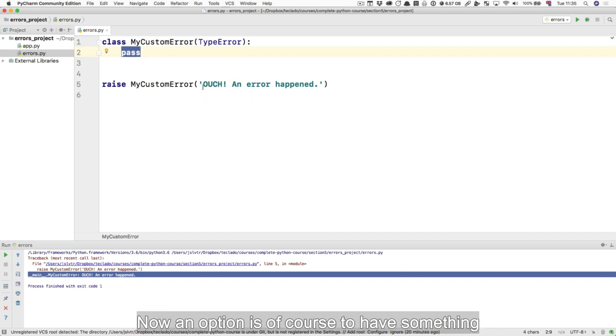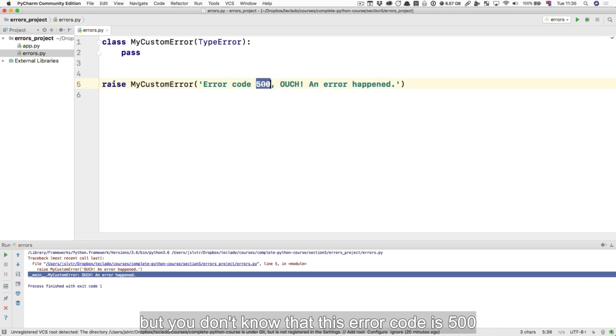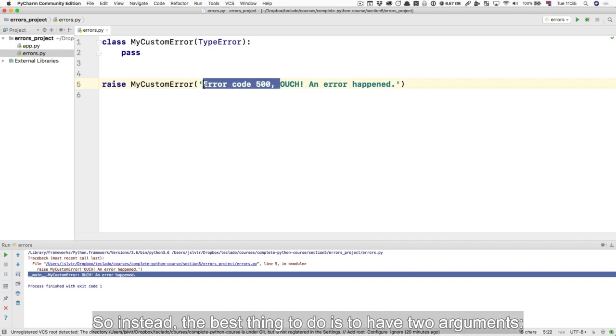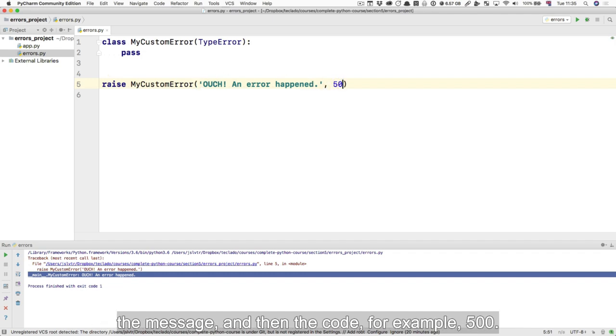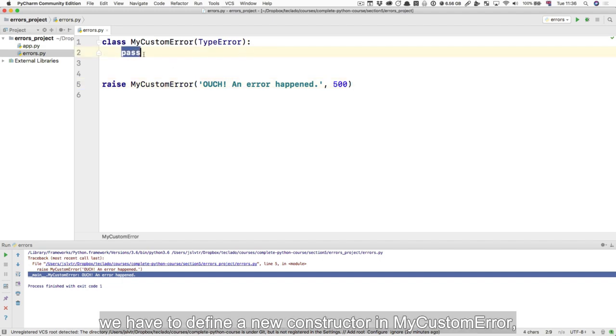Now, an option is, of course, to have something like "error code 500. Ouch, an error happened." But you don't know that this error code is 500 from a program point of view, because, of course, this is a string. It's just some letters and numbers and symbols, and Python can't interpret it. If you then wanted to check whether your error has a code 500 or not, it would not be so easy. So instead, the best thing to do is to have two arguments, the message and then the code, for example, 500. But in order to do that, we have to define